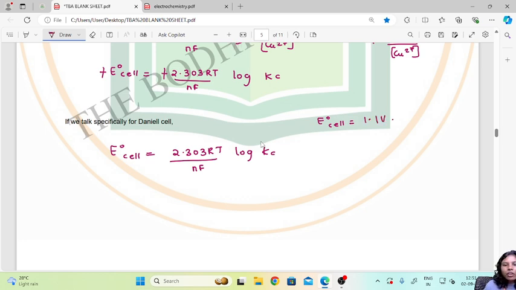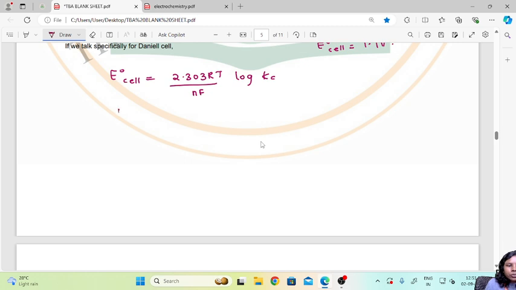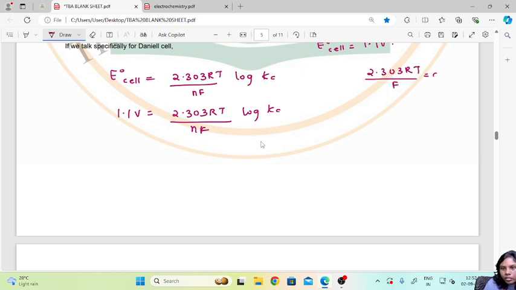So now if we directly substitute that value, we'll have 1.1 volt equals 2.303 RT upon nF log of Kc. Now here we have a few constant terms, that is 2.303 RT upon F. Okay, these are all constants, and if we substitute, we get a value of